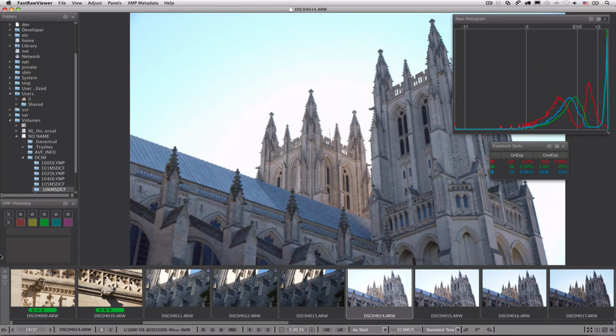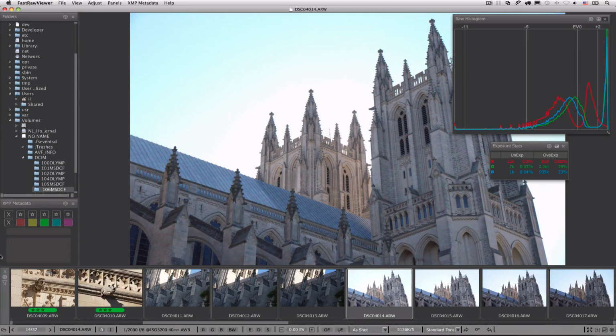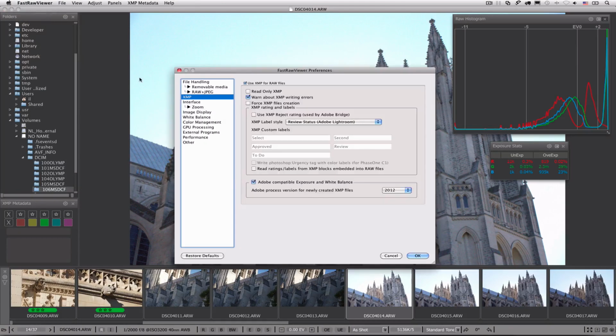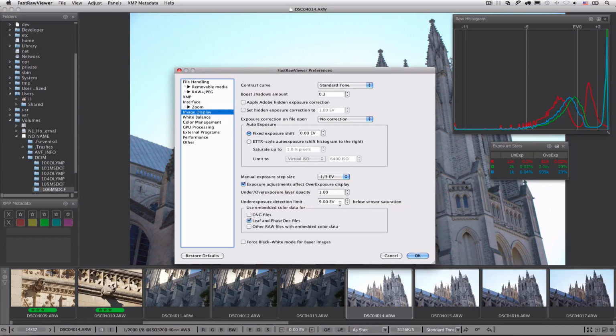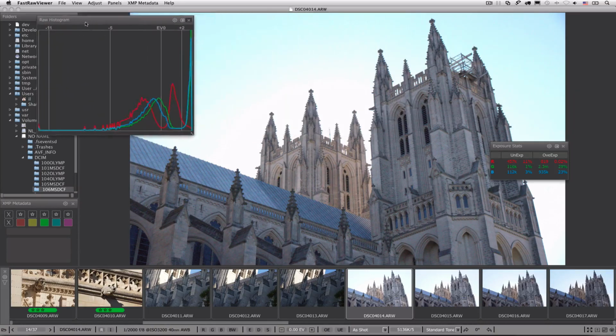Let's look at the series taken at the odd ISO 3200. We know that the higher the ISO, the narrower the camera's dynamic range. The dynamic range of this camera at ISO 3200 is approximately 5.5 EV. So, to get the correct statistics and underexposure indication, we go to Preferences and change the underexposure detection limit below sensor saturation to 5.5 EV. Let's dock the histogram and exposure statistics on the left,